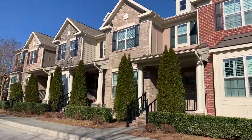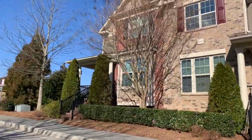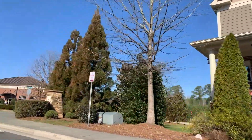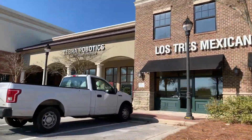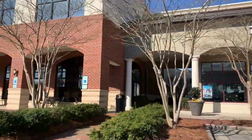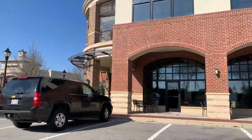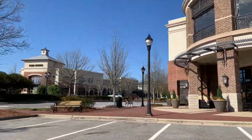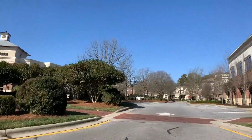Here's a look at the lovely townhomes they have there. Very well done and very convenient to shopping if that is your thing. Coming along, we do have a look at what is down there. So we have a Mexican restaurant, some robotics, and really cool coding stuff there too. There's a Taza kitchen, and as you can see, it's also just a nice place to walk,